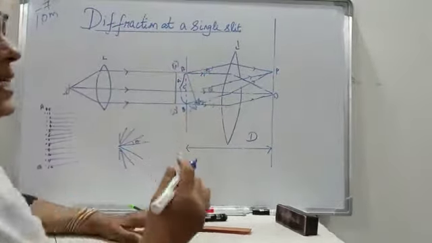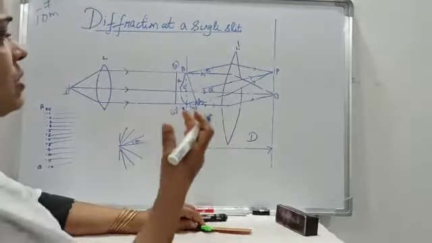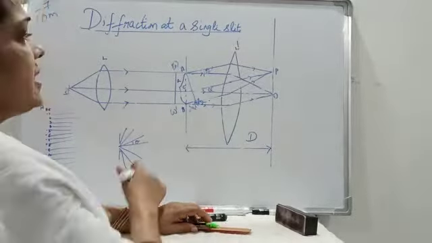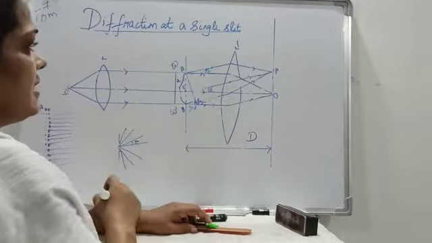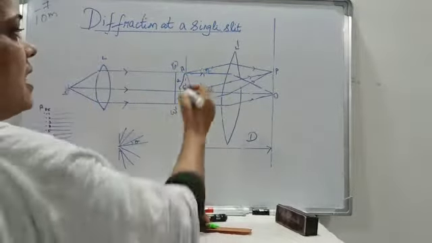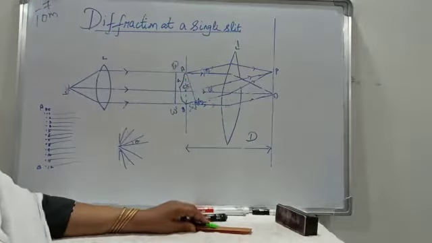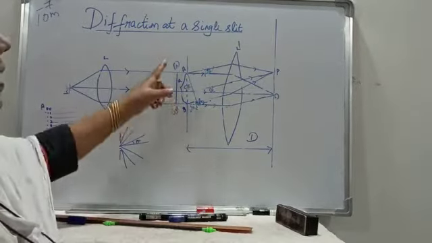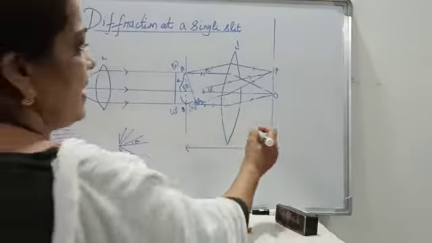Now you know that if the angle between any two lines is theta, the angle between their perpendiculars is also theta. So if I consider this line, the line perpendicular to this is this. If I consider this line, the line perpendicular to this is this. So since this angle is theta, this angle also has to be theta. So from this figure itself, you can calculate what is sine theta.